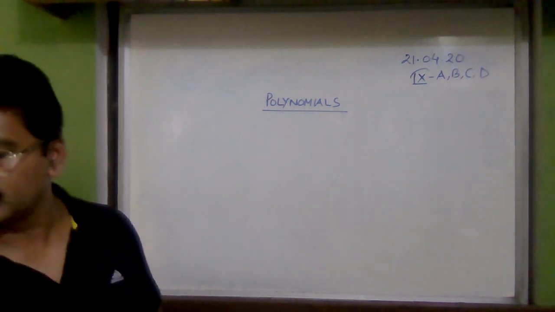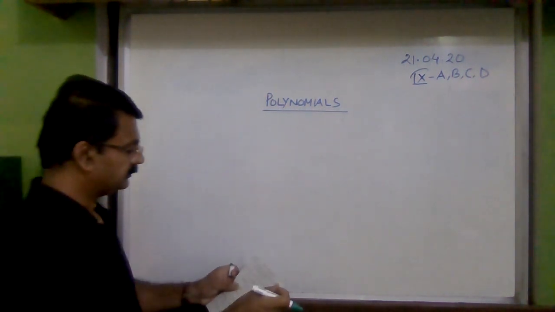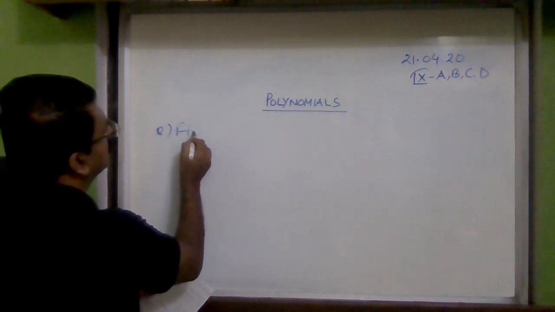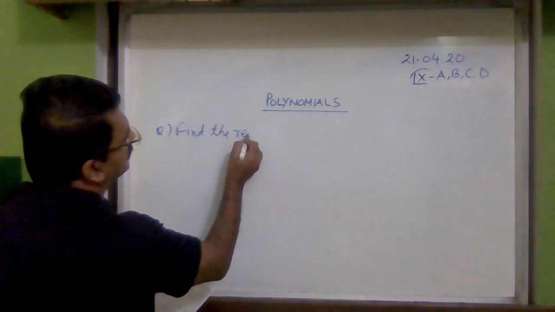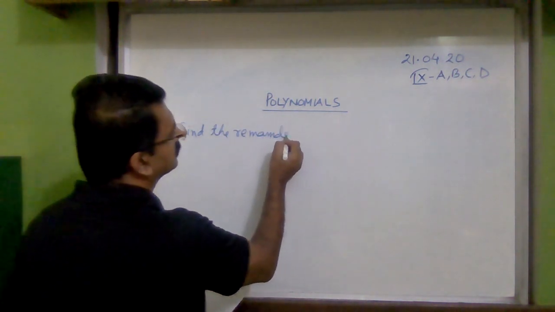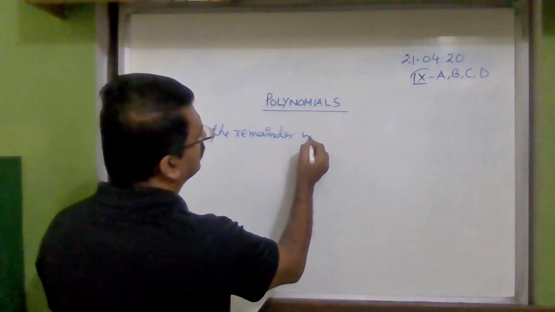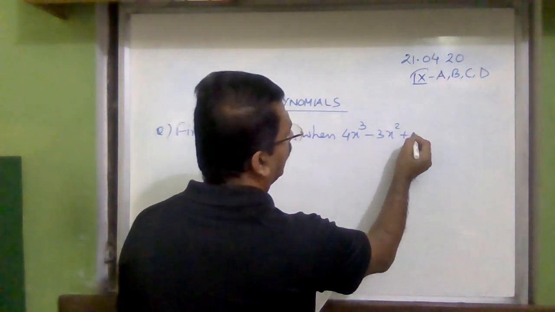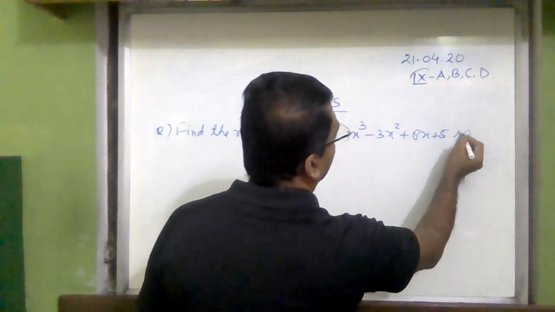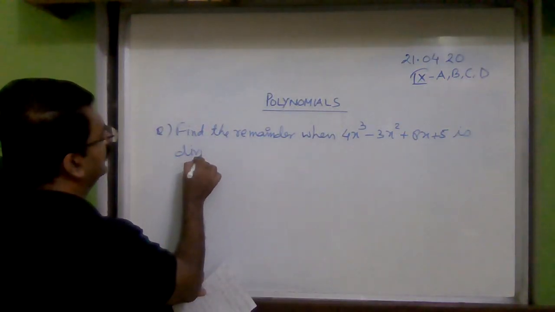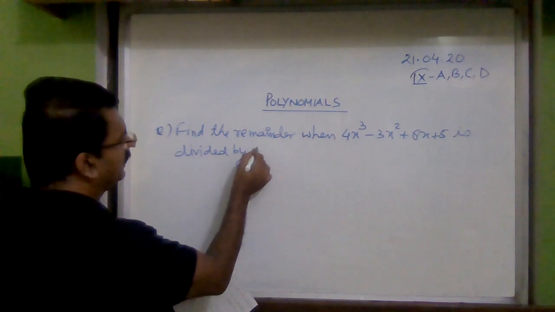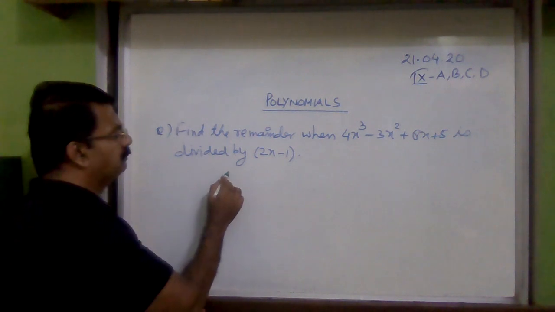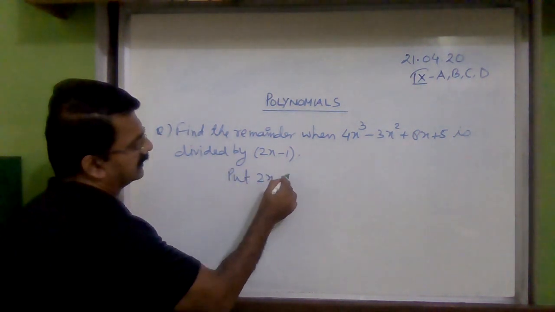Polynomials. So there is a question, and the question is, find the remainder when 4x cubed minus 3x square plus 8x plus 5 is divided by 2x minus 1. So as I told you, first of all you put 2x minus 1 is equal to